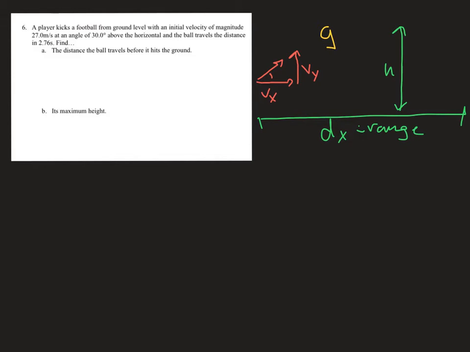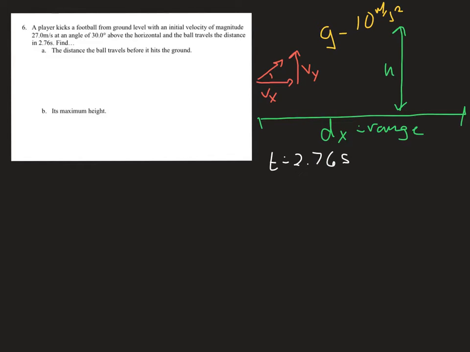I'm going to write it in yellow so that it actually can show up. We're going to use 10 for gravity, because that goes down to negative 10 meters per second squared, just to make our calculations a little bit easier. We do know the time is 2.76